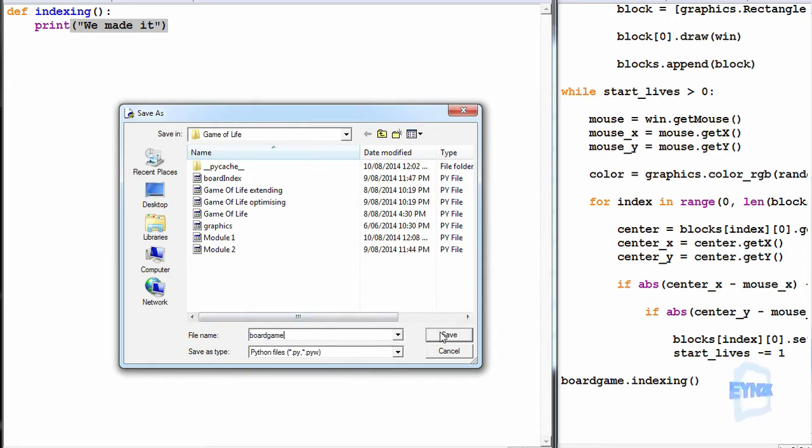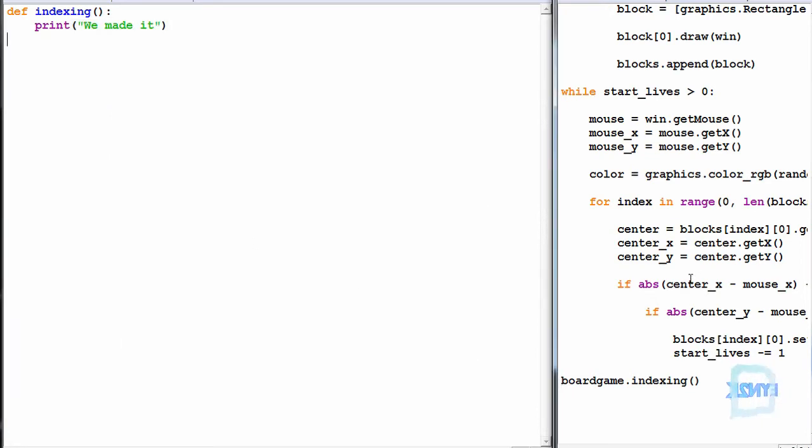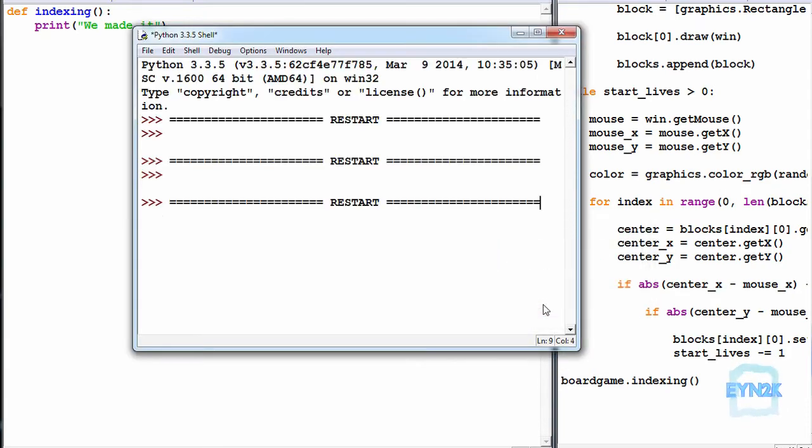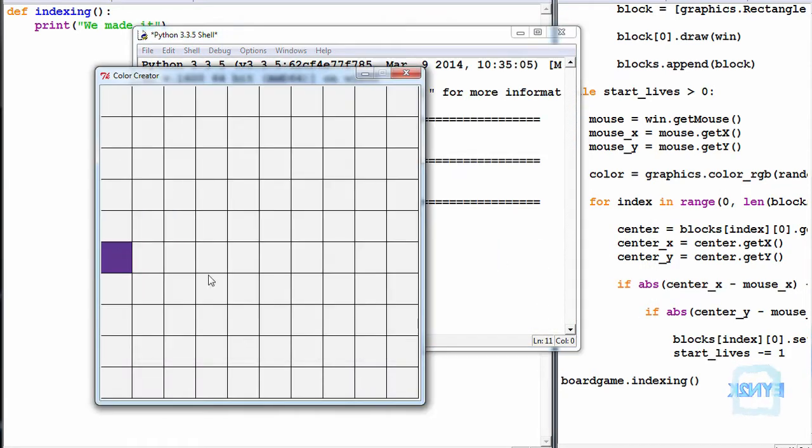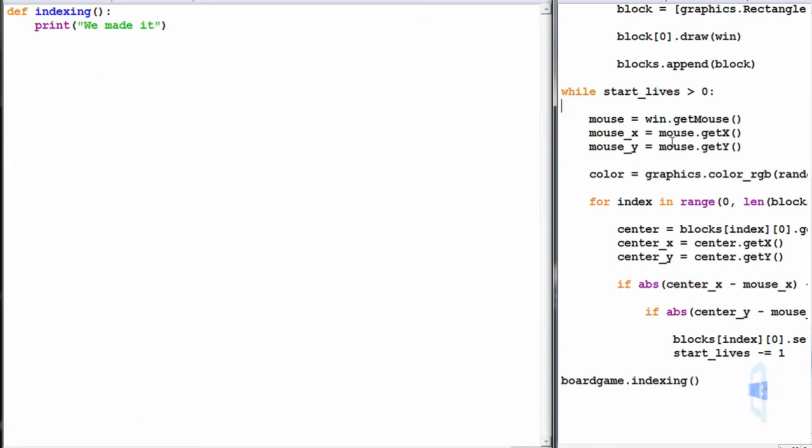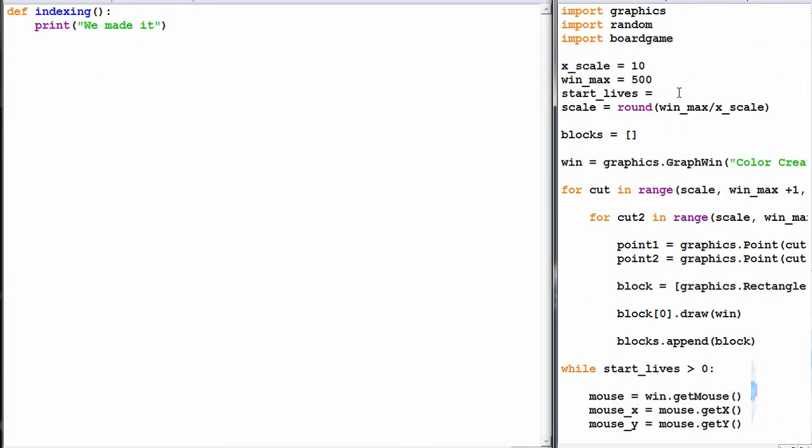F5 to save and run this one, saving it as board game. Remembering it's case sensitive. F5 to save and run. We've got 5 lives to get through first. Or did I put 10? There we go, we made it. Beautiful. Now, just so we don't have to do that every time, let's put lives to 0 so it automatically